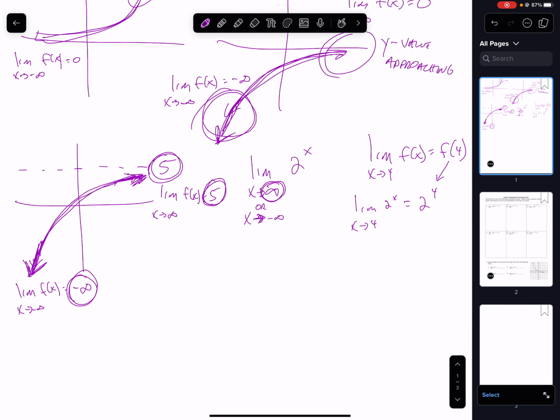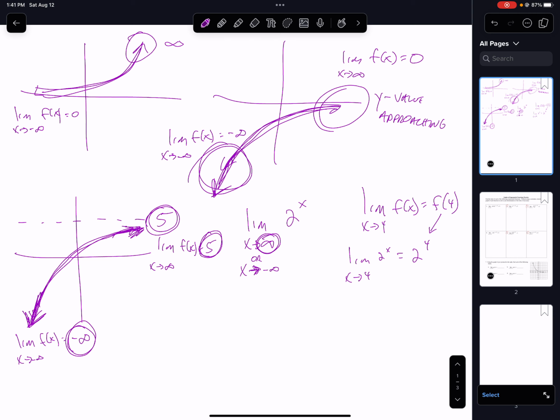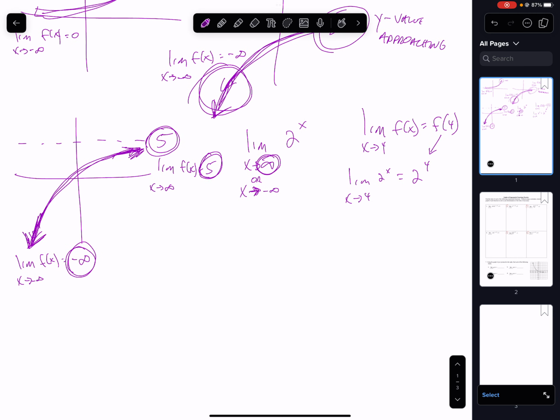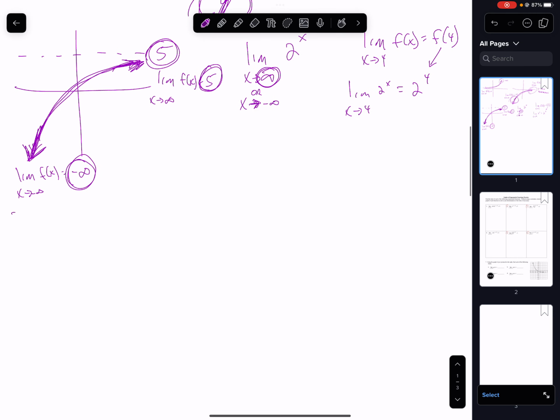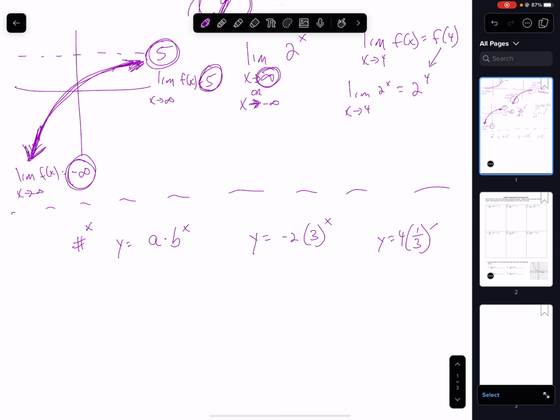So the question is going to be, can we find these limits of exponentials without thinking about the graph? And the answer is yes. Here are some underpinnings that you need to know. An exponential function will be some number raised to the variable x. So like they're usually of the form a times b to x. So some examples would be y equals negative 2 times 3 to the x, y equals 4 times 1/3 to the x,